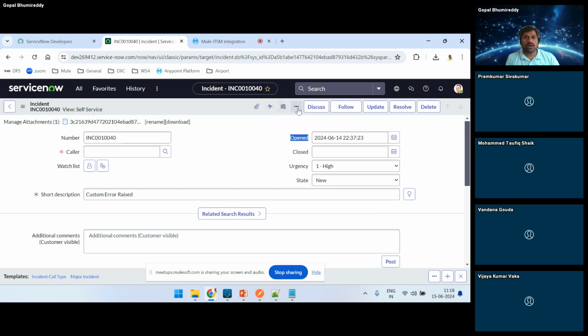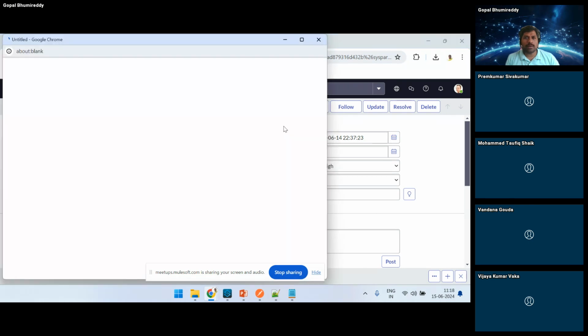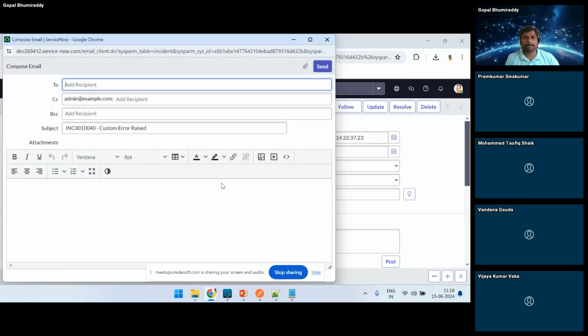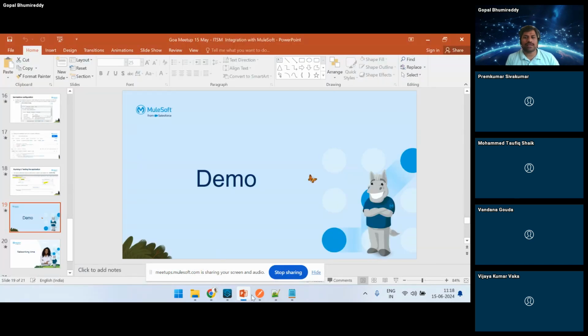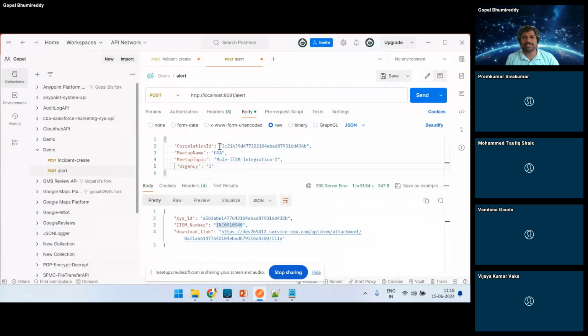Okay, got it. So you will be sending the same transaction again and again with the same correlation ID, changing only the priority. Yes, this is for demo purpose. I want to tell that the file name we want to